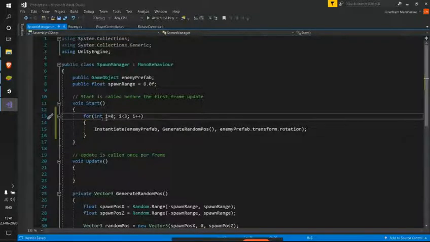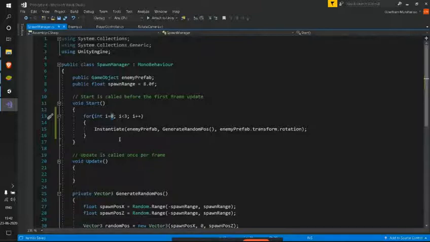It comes from the initialization, checks the condition, performs the block of statements, and next increments, again checks the condition, again performs the block, and so on until the condition is false. In this case, 0, 1 and 2 satisfy the condition, so this loop runs 3 times, and we have seen 3 enemies spawning.